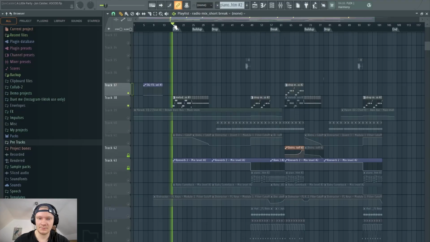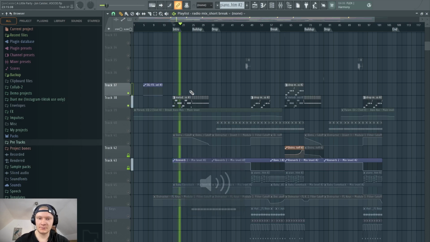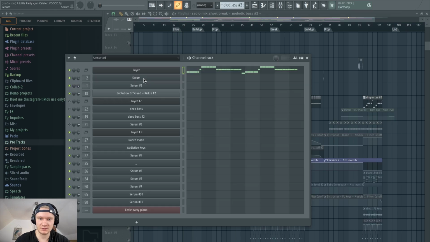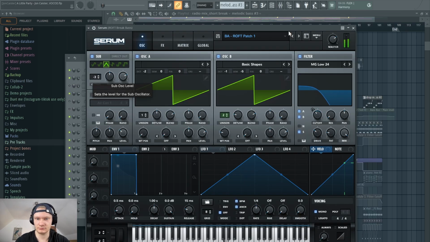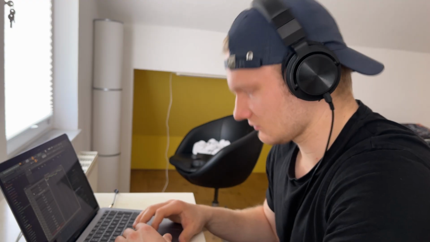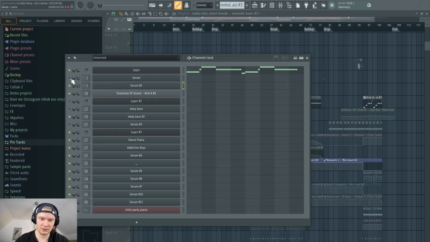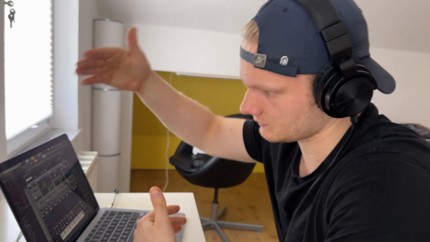So, first thing, that's basically the foundation of the whole track. This bass patch, two Serum patches I think. And that's basically the main one, and the second. It's sort of got a 7th note to it. This one just stays on one semitone, but the other one goes up a 5th note, so it sort of